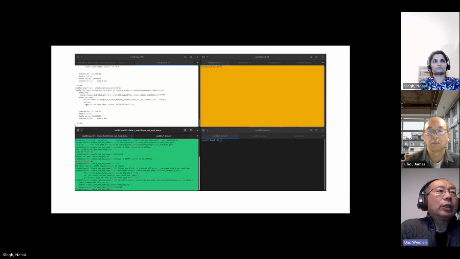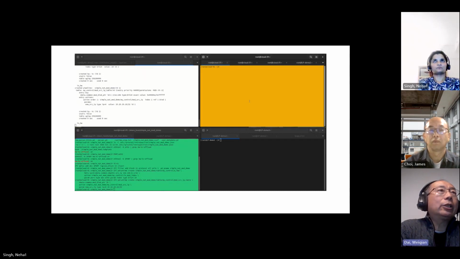Actually, this one is a vendor specific hardware index, as Nihan indicated earlier. And the action is mod source IP. The parameter is we're going to change the source IP address to a public one. It's 10.10.10.10, from